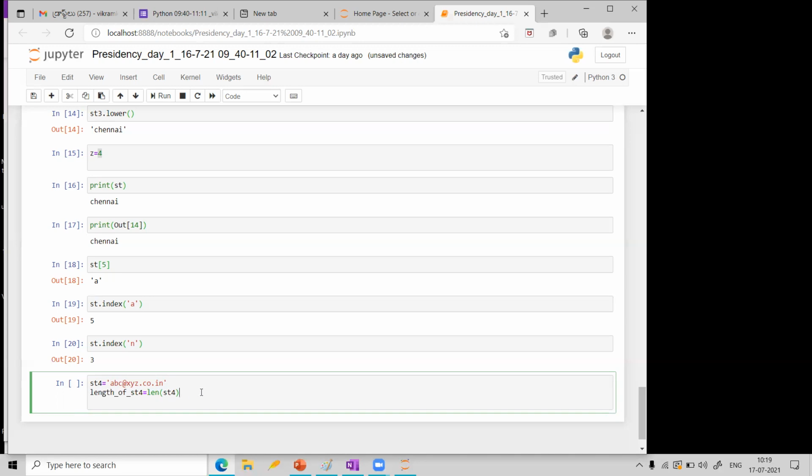Now what I will do is, I want to find where this @ is. See, now it is xyz. In another mail ID, it may be some other PQR. See here, we are having xyz, but in